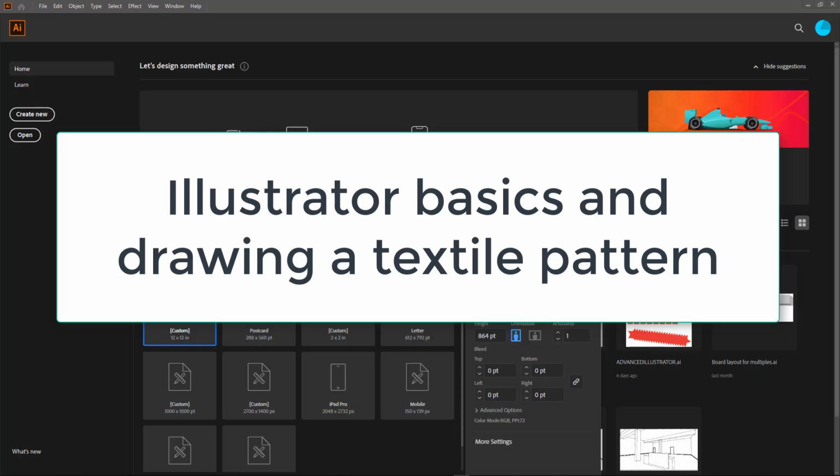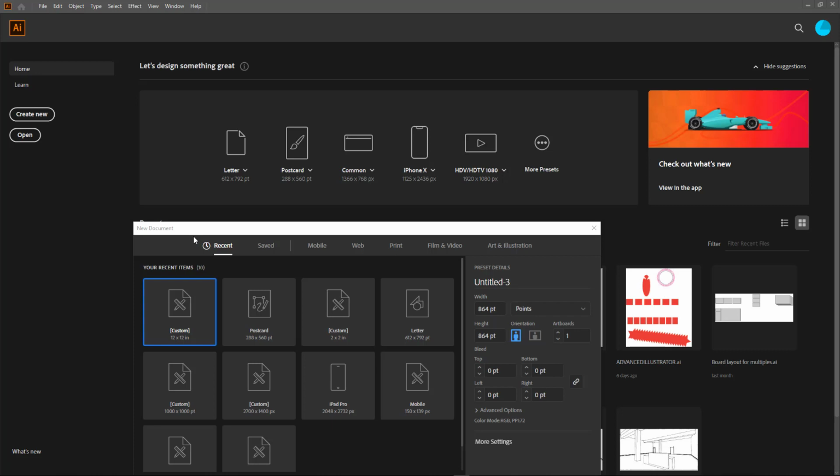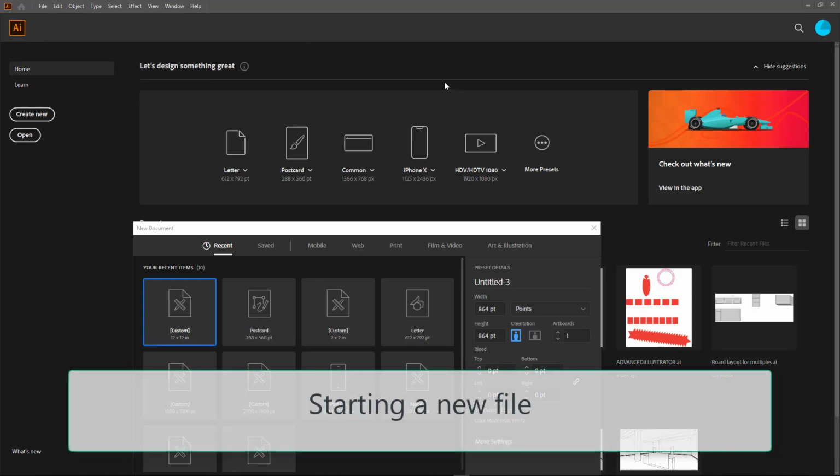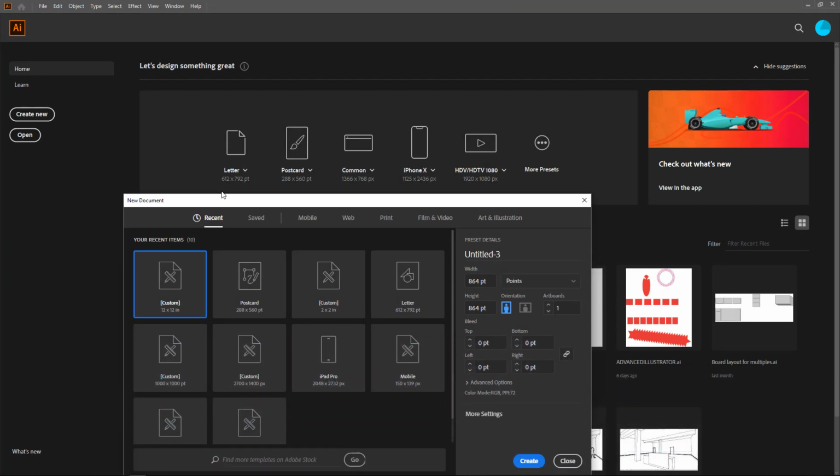Today we're going to learn all about drawing vector graphics using Adobe Illustrator and how to create a custom pattern for a wall covering or textile. So here I am in Adobe Illustrator, and I have clicked the Create New button to create a new